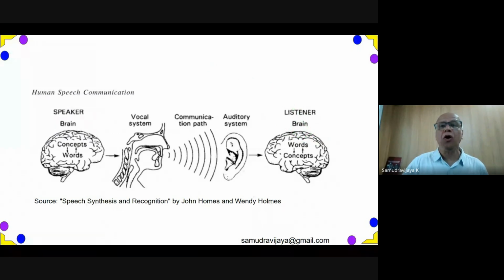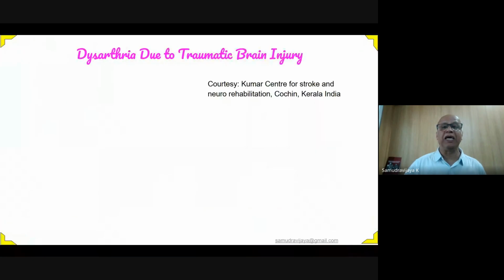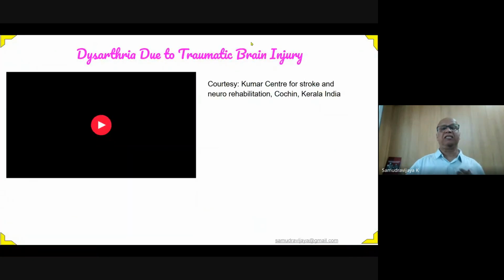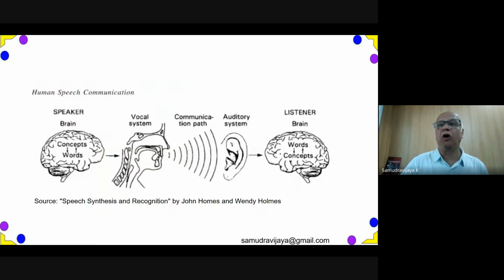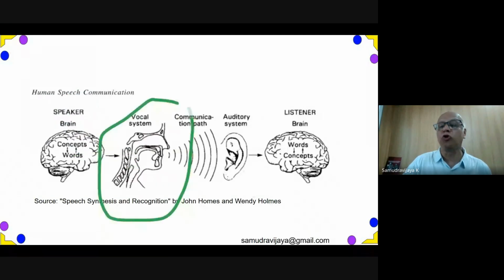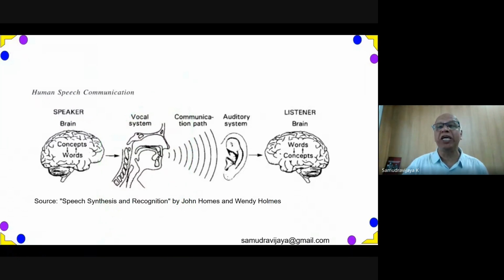Okay. Now, what may happen is when there is dysarthria. Dysarthria is a particular type of disorder where there can be various causes, ALS, stroke, and so on. When these portions of the brain do not do their job correctly, even if the person with dysarthria wants to say something, the commands to the vocal tract system do not go that well. So this person is not able to speak.